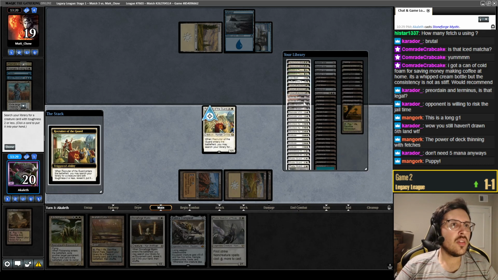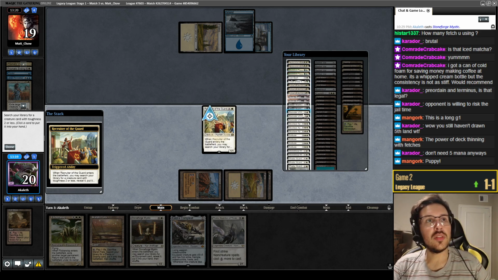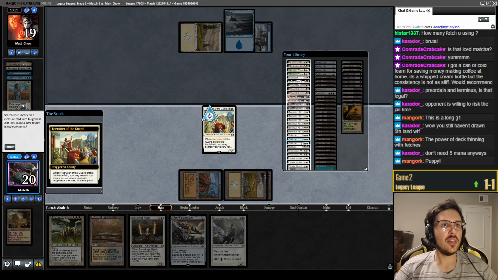And I think that this is probably... I could just get a Gaddock Teeg. I would slam Gaddock Teeg if I had a Caracas, but I don't. I don't need Stoneforge. I already have a bunch. I could get a Bowmaster, but